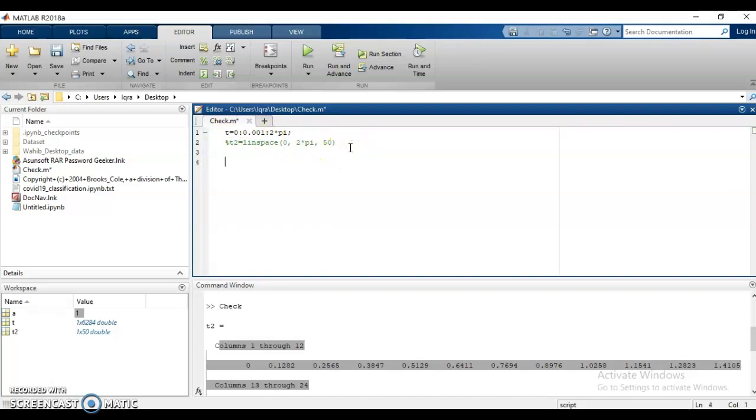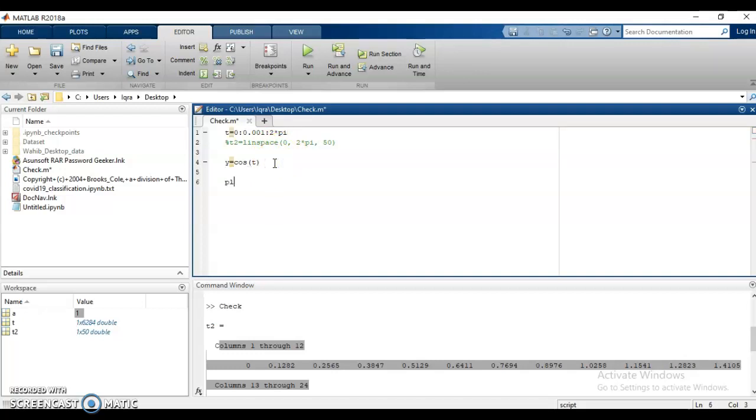Okay, now the next thing is to define the dependent variable, the y. So what is our y? We are going to define a cos of t, so we write cos of t. We don't have to do anything else here, so this is our y. I'm going to put semicolons in front of them so that they won't fill up the command window. Actually, let's remove them and see the command window results along with the plot.